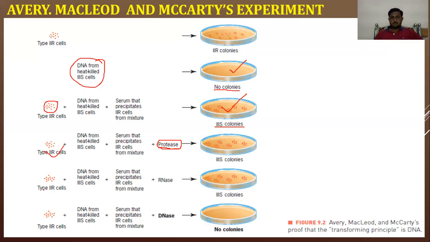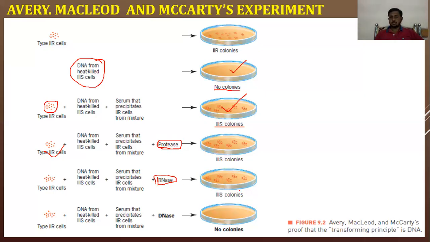So again, they use a similar process, that is R type of cells plus heat-killed DNA from S type of cells plus serum that precipitates R type of cells from the mixture, plus RNase. So they assume that if the particle is not protein, maybe it is an RNA particle. So they use RNase, an enzyme which breaks down the RNA molecule, and